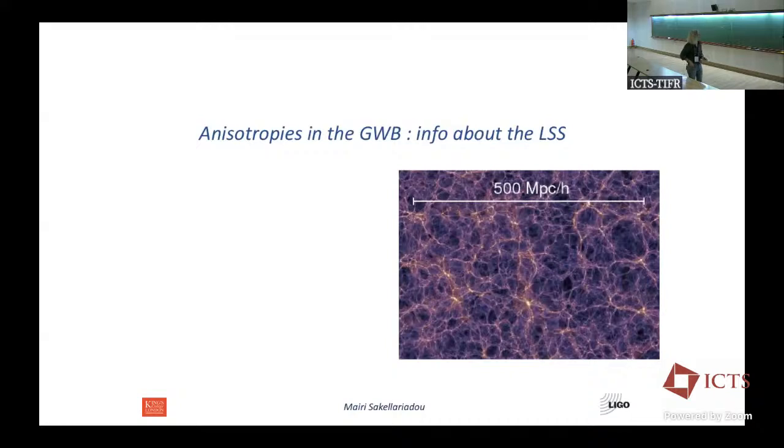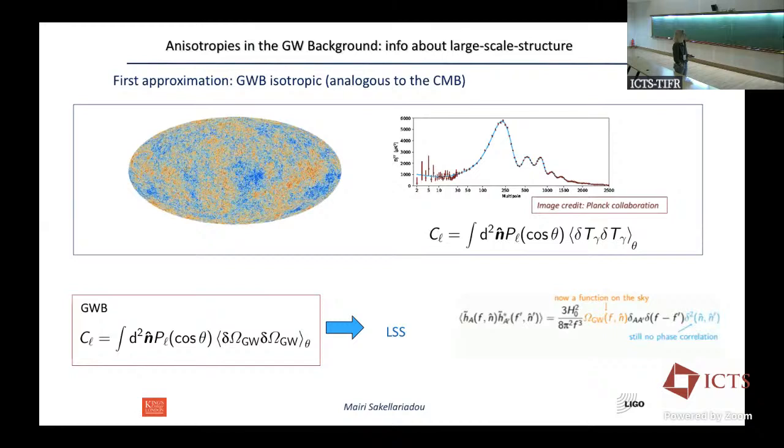Now I would like to talk about anisotropies in the gravitational wave background and large-scale structure. So what is our plan? It is to do the corresponding of what people have been doing for years in the cosmic microwave background. Instead of taking the two-point correlator of the temperature difference between two points of the sky with separation theta, we take the d omega at two points of the sky. If I defined yesterday the two-point correlator of the strain, here this omega is going to have a frequency and a directional dependence.